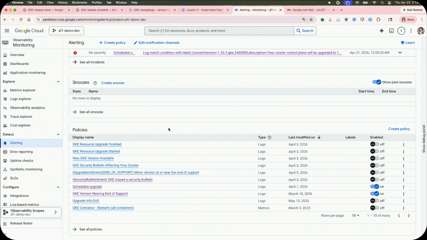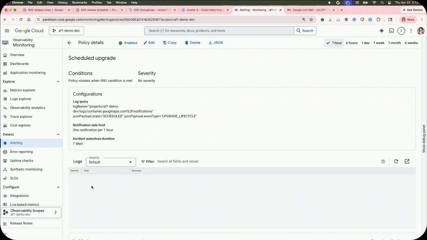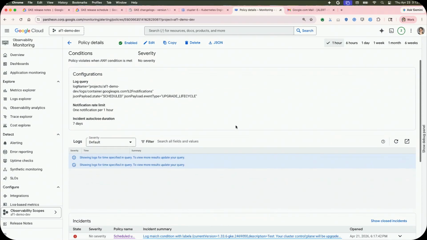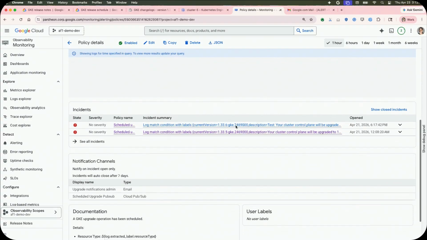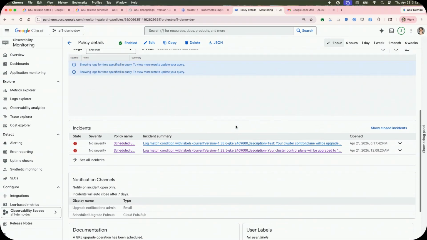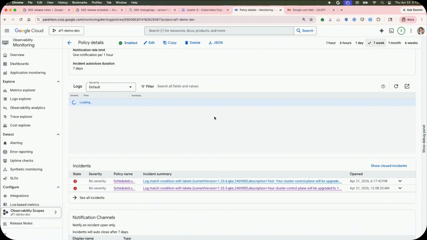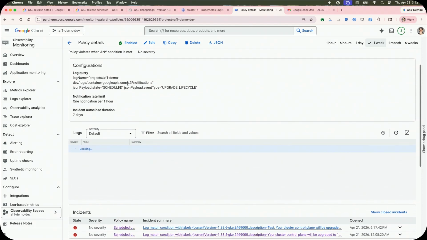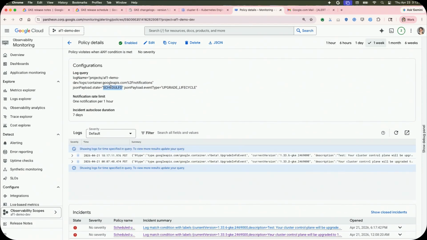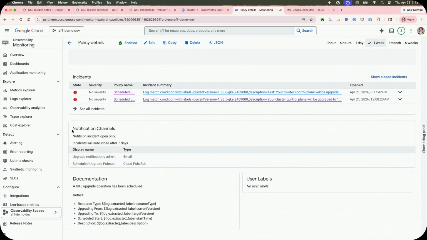So you can look at the alerts that I've set up. I've set one up for scheduled upgrades. And it's going to match certain notification for scheduled upgrade and notify me through multiple channels.